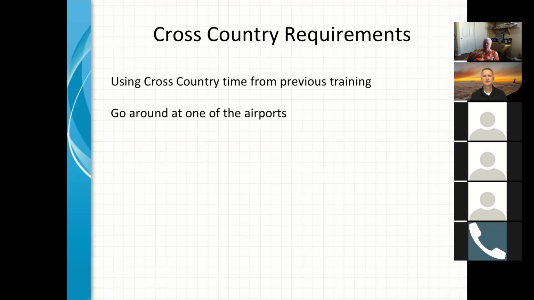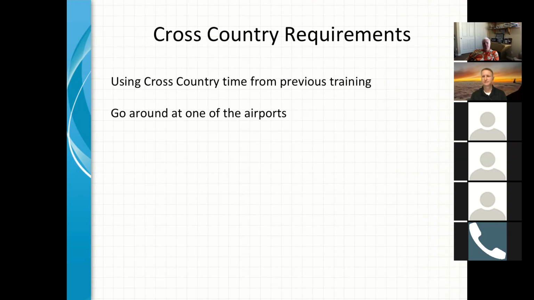It saves us showing up and not being able to run a check ride, but more importantly, it lets them know that it doesn't meet the requirements, and they have an opportunity before they show up to take care of that. But the CFI has to be careful what they write in the books. So thanks for that, Jim.